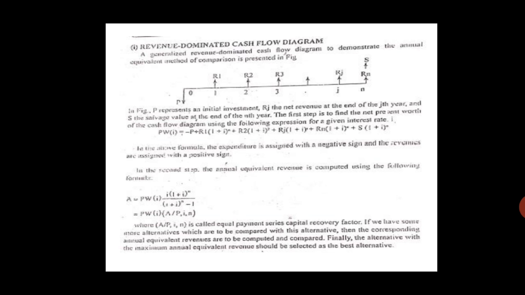In the second step, the annual equivalent revenue is computed using the following formula. So first you find out the present worth, PW, and then using this formula, for the interest rate I, 1 plus I raised to n into I divided by 1 plus I raised to n minus 1. So this is the formula which we are using to find out the